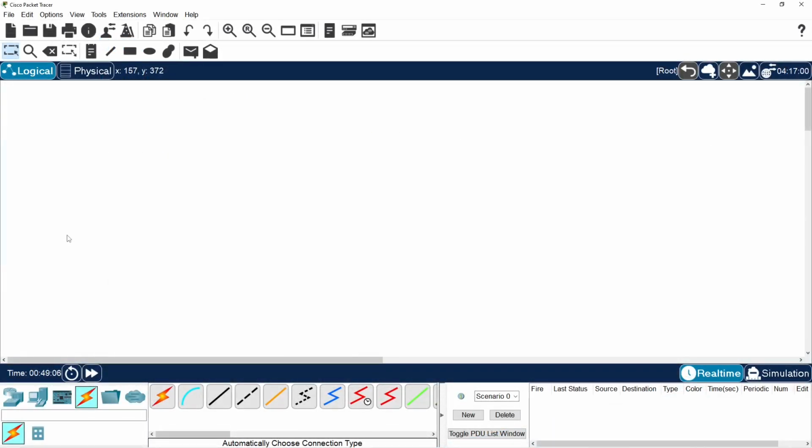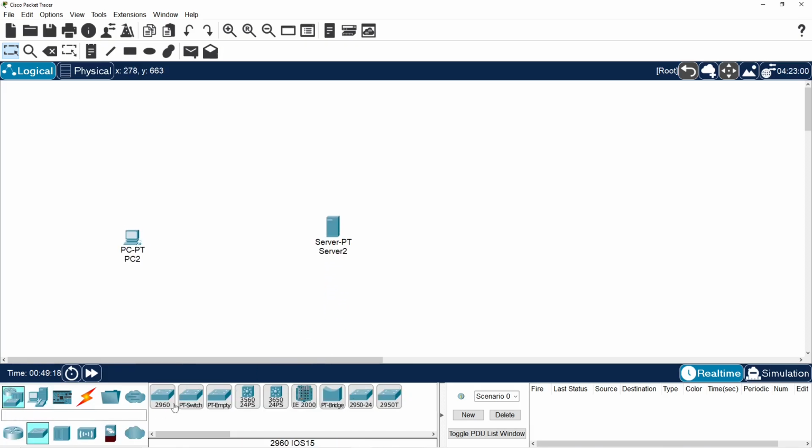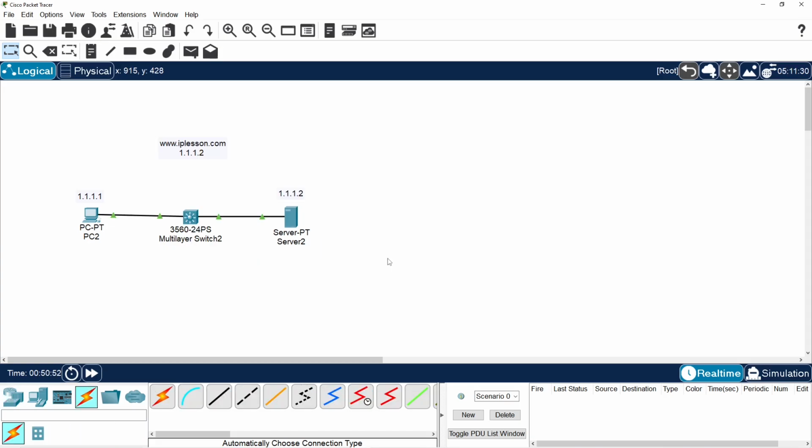So let's do the DNS lab. I will do a simple lab. I will use one PC, one server, and a 3560 switch. I will connect those devices together and put some notes. Here are the IP addresses that I will use. On the PC, I will use 1.1.1.1. On the server, I will use 1.1.1.2. And since this server will be the DNS server, I will use its IP address as the IP address of the URL